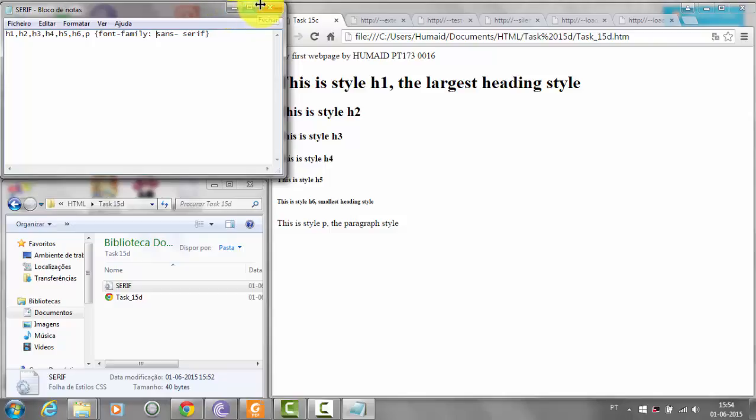Now change the markup in the HTML to link to this file and save this web page.